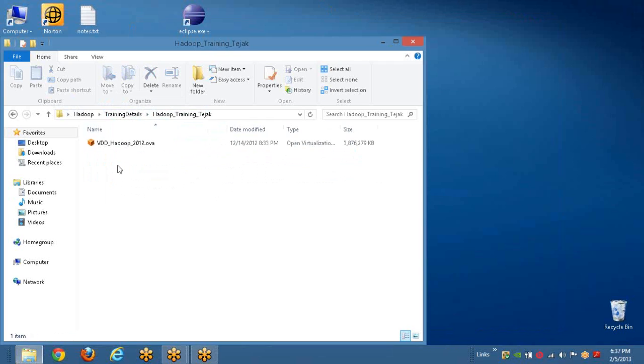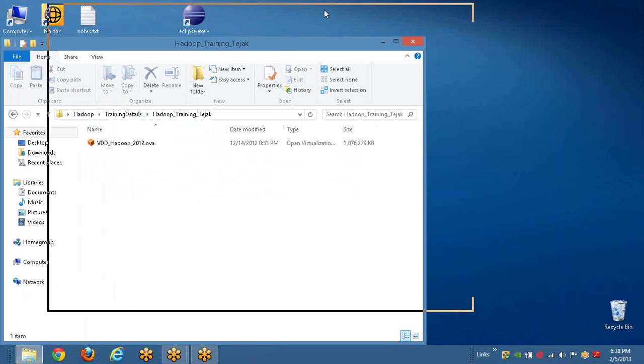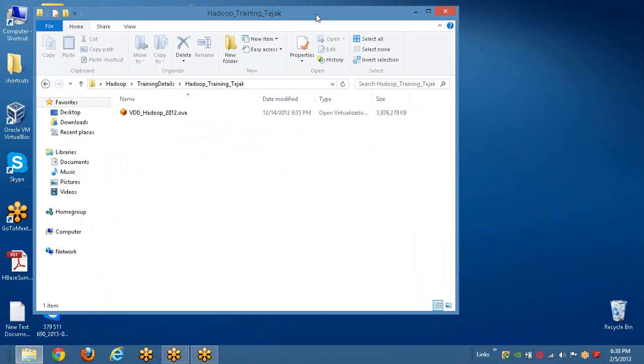So this is the virtual machine which I have forwarded copies to some of you. I'm in the process of sending it to all of you. So this is what you will be getting as per your download, as well as also the VirtualBox Manager installation. So both of these will be available. To open this VirtualBox,